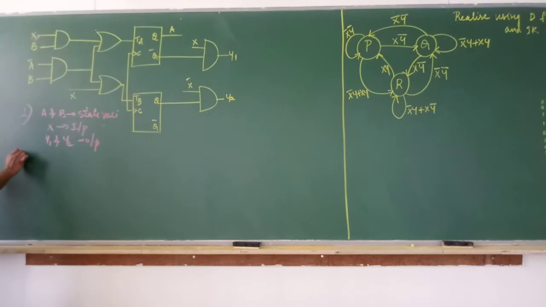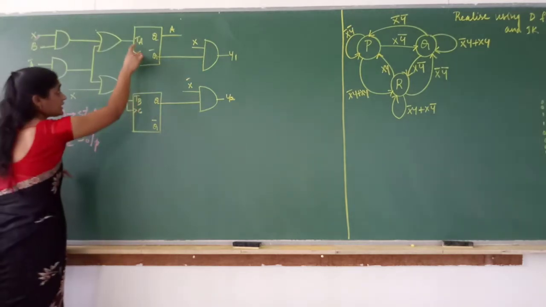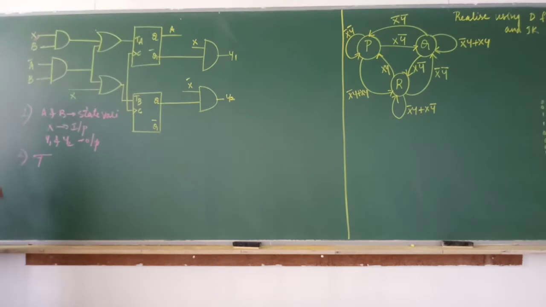So after you analyze this, you have to identify the type of flip-flop. The second step is to identify the type of flip-flop. What is the type of flip-flop? Both are T flip-flops, TA, TB, correct? So both are positive edge triggered T flip-flops. That is how you will write the answer in your exam. Both the flip-flops are positive edge triggered T flip-flops.